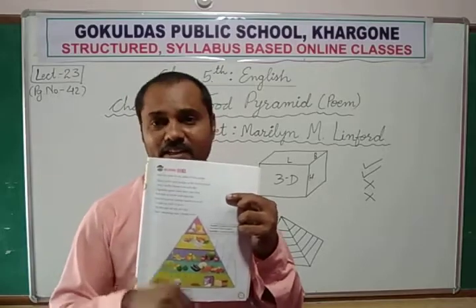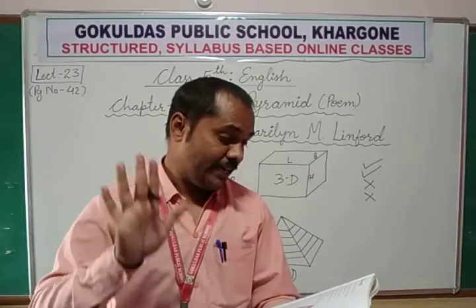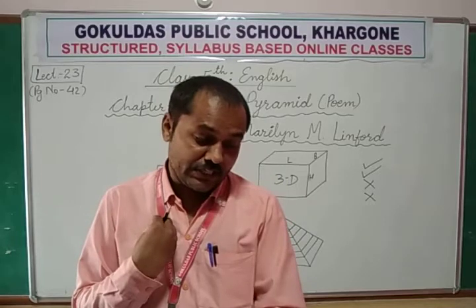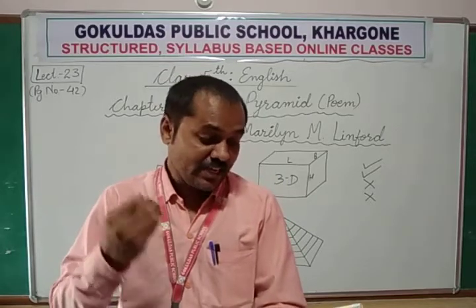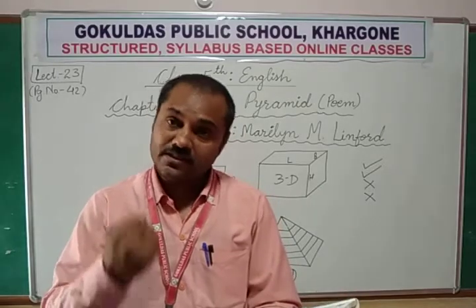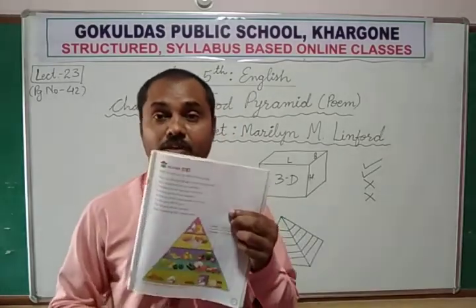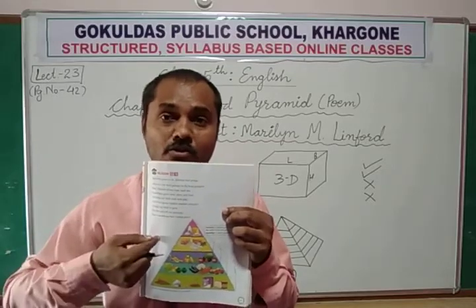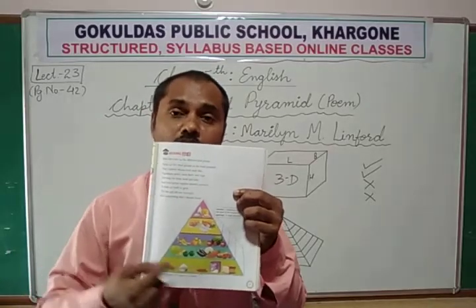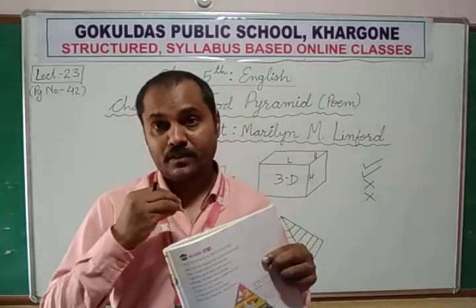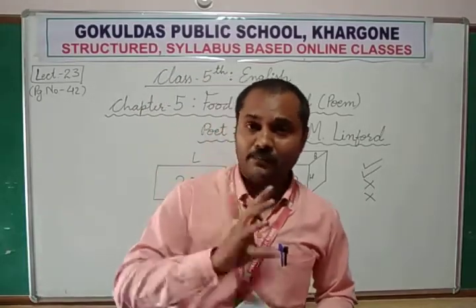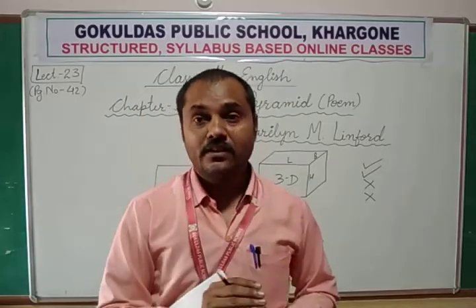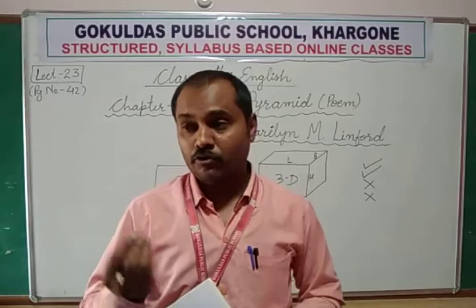Okay, you can see clearly on the food pyramid there are 5 different food groups that I should choose from each day. That I should choose from each day means daily. If I am taking something, I should choose at least one thing from this group, one thing from this group, one thing from this group, and this group. Whether I am taking breakfast, lunch, dinner, or snack. Snacks means after afternoon, in the evening time, 4 to 5 p.m.